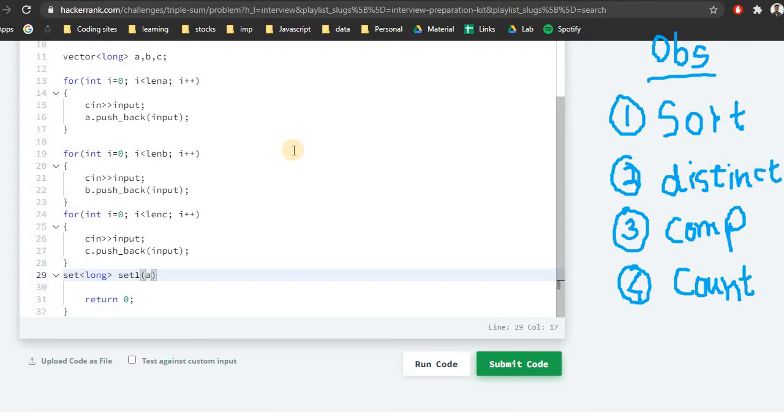So how we can do this is directly a dot begin and a dot end. So what this particular statement will ensure is that we are copying, inserting all the elements into the set1.